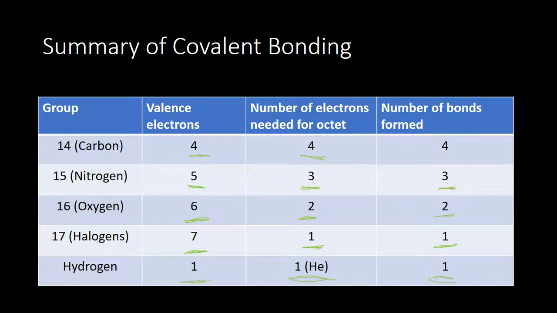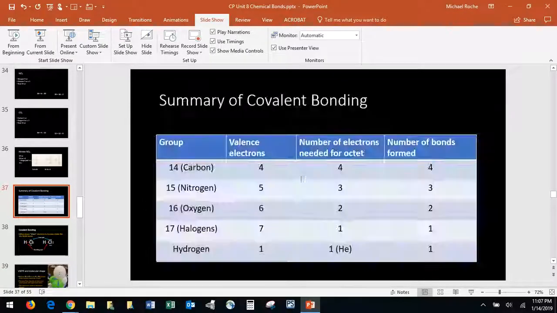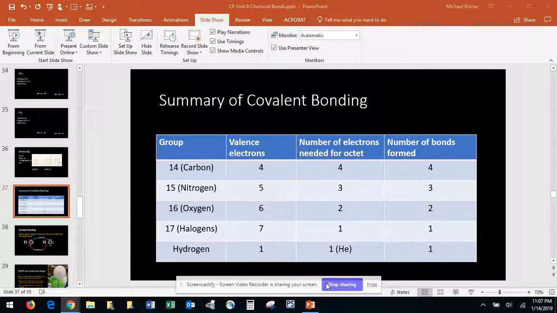And you saw this when we were playing with the models, that all the hydrogens had 1 hole in it because they only make 1 bond. All the halogens had 1 hole in it because they only make 1 bond. All the oxygens had 2 holes in it because they tend to make 2 bonds. All the nitrogens had 3 holes in it because they tend to make 3 bonds. And all the carbons had 4 holes because they tend to make 4 bonds. All right, so hopefully that's helpful. And tomorrow we'll start talking about